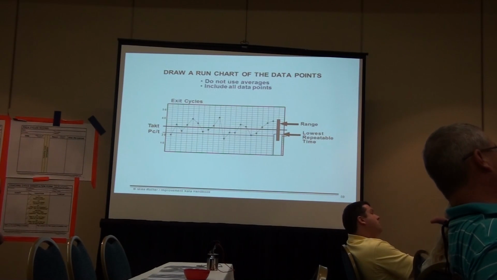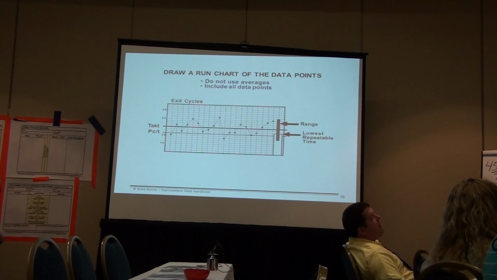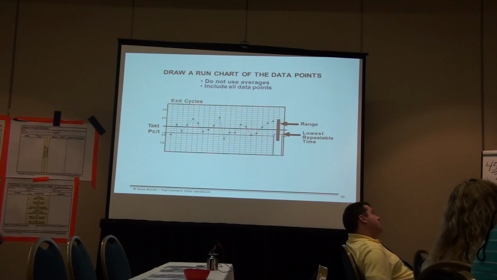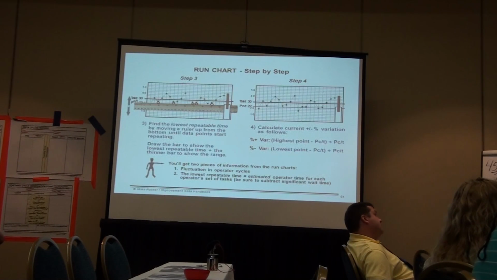You may go up a little bit higher and say, I'm going to split the difference because I see 15 repeats 3 times and then 14 there, so I might set it at 13 or 12. It's a subjective measurement, as Bill says. It's a place to start. Again, don't exclude data, don't use averages, and don't just pick the first 2 points that repeat. A good rule of thumb is keep sliding until you see it 3 or 4 times, or kind of eyeball